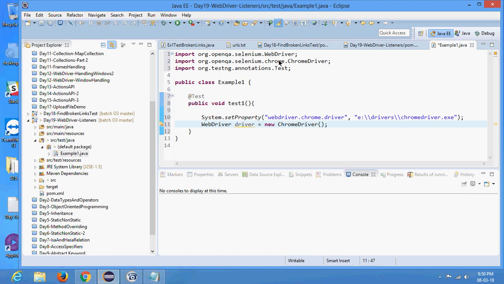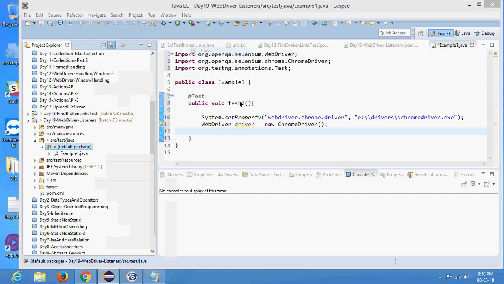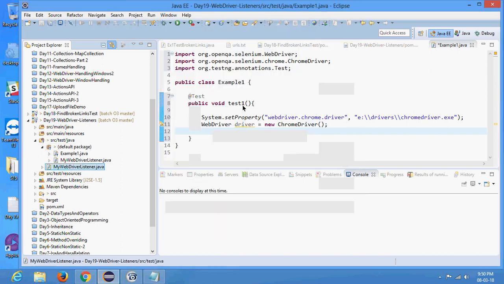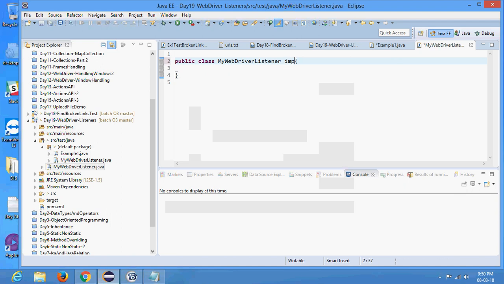But in case of events, what I wanted to do is add some listener. So let's create a listener first. Let's say the name is MyWebDriverListener, which actually implements